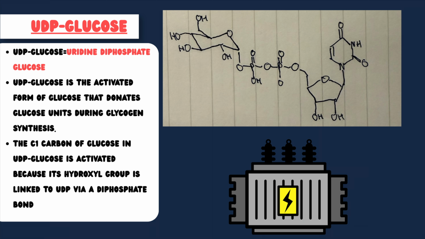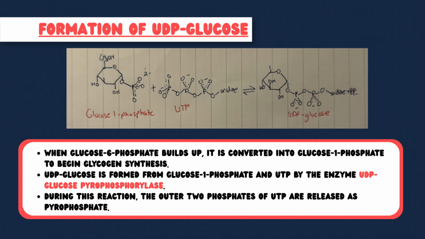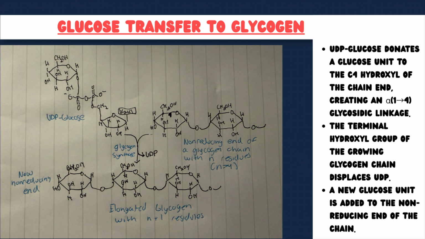The C1, carbon 1 of glucose, in UDP is activated because its hydroxyl group is linked to a UDP via a diphosphate bond. But how is this formed? Basically, when glucose 6-phosphate builds up, it is converted into glucose 1-phosphate to begin glycogen synthesis. UDP glucose is formed from glucose 1-phosphate and UTP by the enzyme UDP glucose pyrophosphorylase. During this reaction, the outer 2 phosphates of UTP are released as pyrophosphate, and this can all be shown in the diagram above. So now this UDP glucose is used in glucose transfer to glycogen